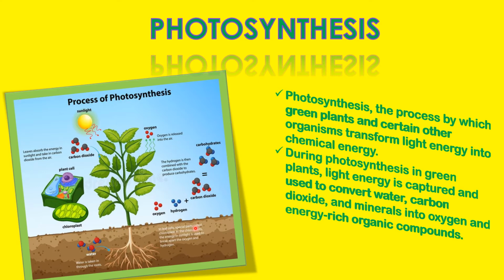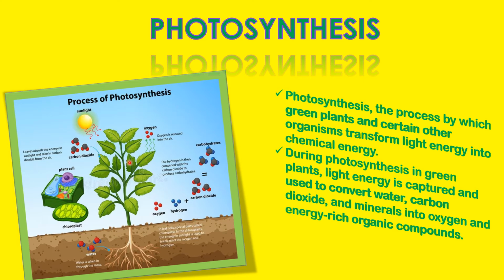Water keeps the protoplasm of leaf cells hydrated and helps in maintaining the turgidity of the cell. In response to lack of water, the leaves wilt and the stomata close, preventing the entry of carbon dioxide for photosynthesis. So, I have described the whole process of photosynthesis along with the factors. Now, I am going to explain this diagram.